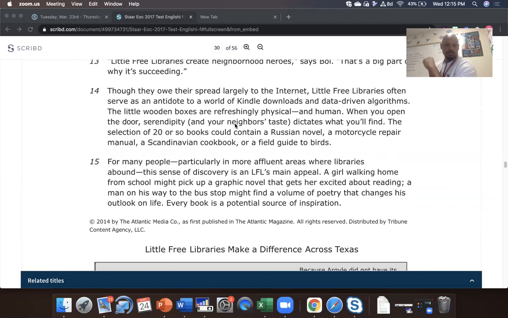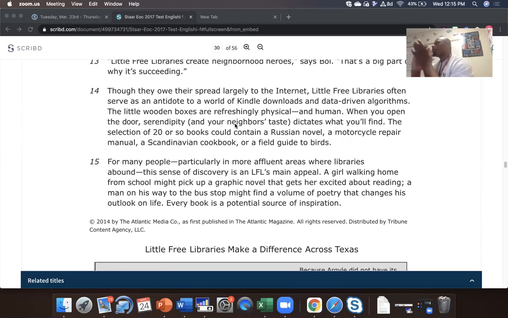Though they owe their spread largely to the internet, little free libraries often serve as an antidote to a world of Kindle downloads and data-driven algorithms. The little wooden boxes are refreshingly physical and human. When you open the door, serendipity and your neighbor's taste dictates what you'll find. The selection of 20 or so books could contain a Russian novel, a motorcycle repair manual, a Scandinavian cookbook, or a field guide to birds. Now,